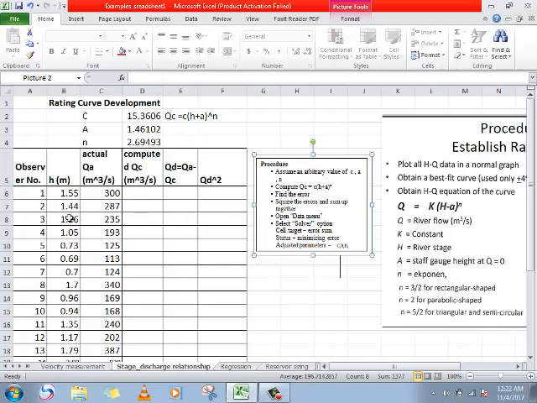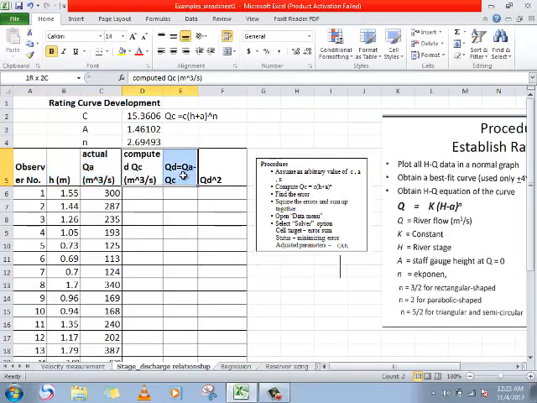So to develop such a rating curve, you will have such equation QC, which is equals to C into (H plus A) to the power of N, or you can use this one. Two equations are similar. So here is your given data: this observer number, H stage data and actual data.